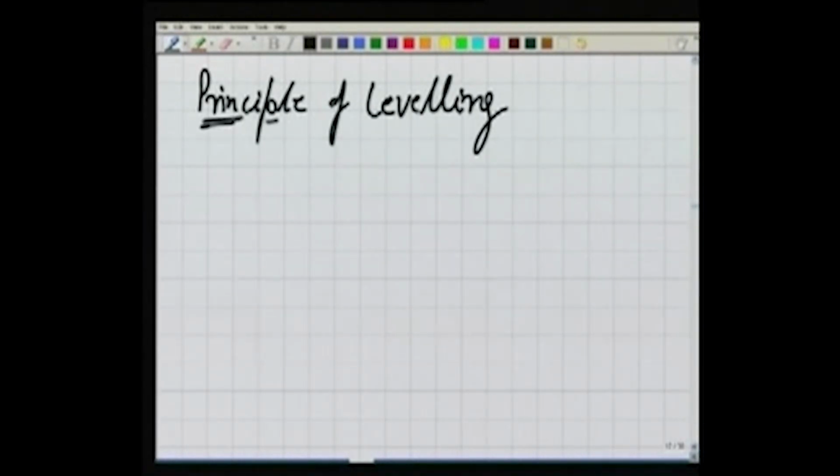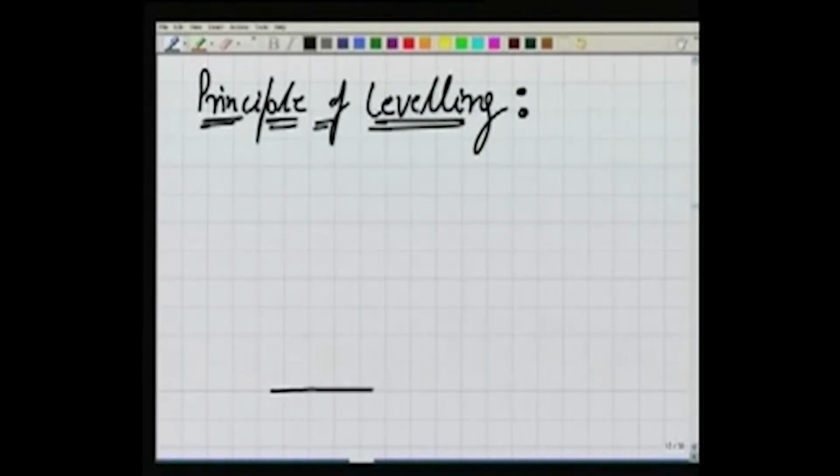We have seen the basic definitions so far. We have understood the terms which are useful and which we will make use of, and now we are going to see how we actually carry out the leveling. Okay, in order to do that, let's start. Let's say this is our datum, okay, our reference surface, and over here is our ground,